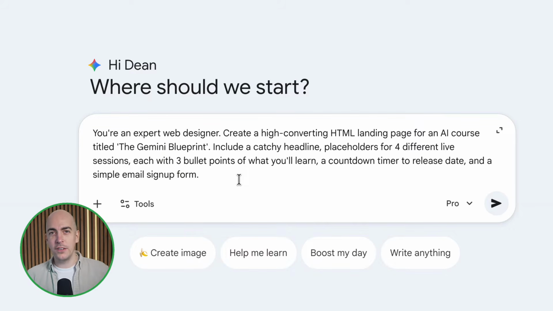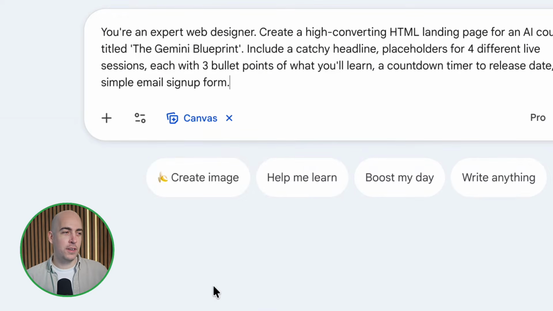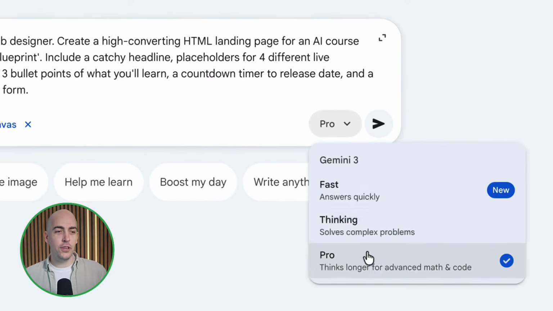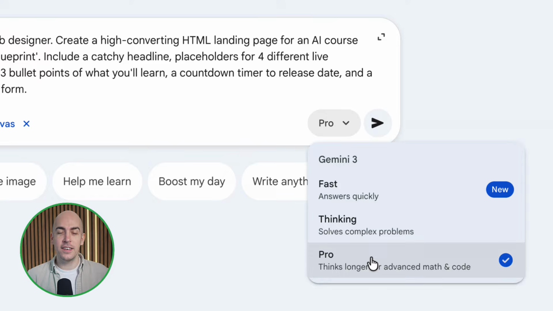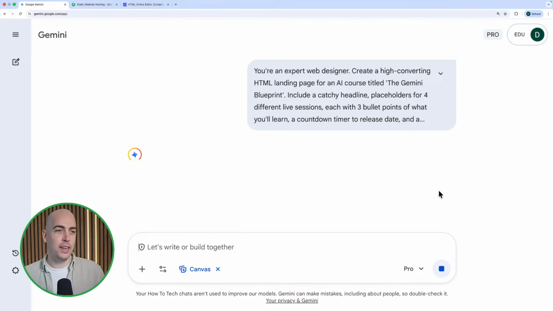Now, there's 2 things you need to do before you submit. The first is to click on the Tools button and go to Canvas. Now, you don't have to use Canvas. Gemini can write code without it, but it allows you to see a preview of what it's created so that then you can ask for tweaks if you want to. And secondly, make sure you're choosing the Pro model if you have access. This will work with any model, but if you've got access to Google's best model, why not use it? So click Pro, click Submit, and it's going to take a couple of minutes to go and build out this